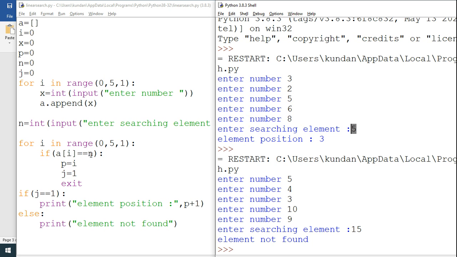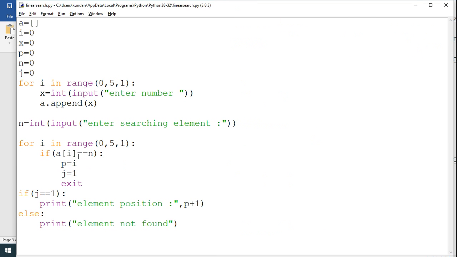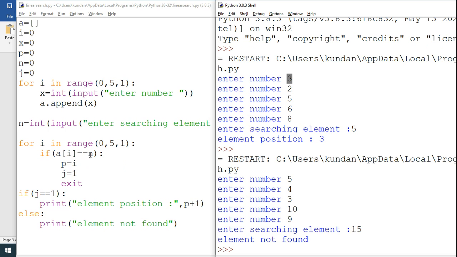So a0 is 3, and 3 is not equal to n. So the loop will come to the next iteration, where the value of i equal to 1. If a1 equal to n, a1 is not equal to n.